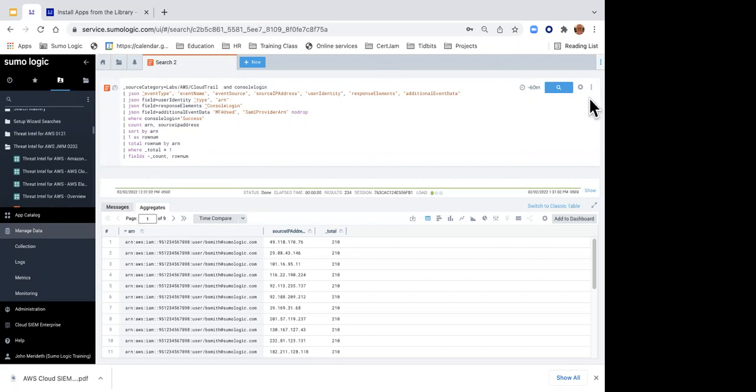By the way, if you want to save this query or any of our queries, over here to the far right, there's these 3 vertical dots. And these 3 vertical dots is a save as, and you can save this query if you want to. In this class, you don't need to save anything.